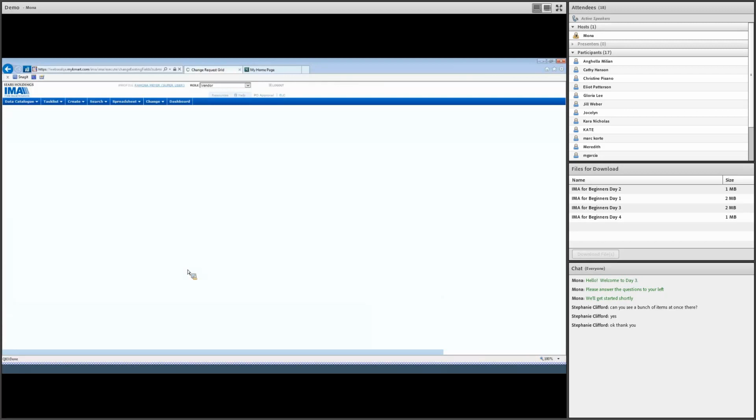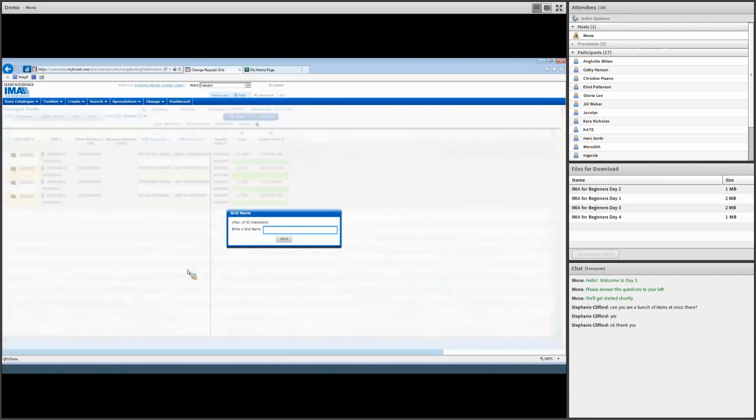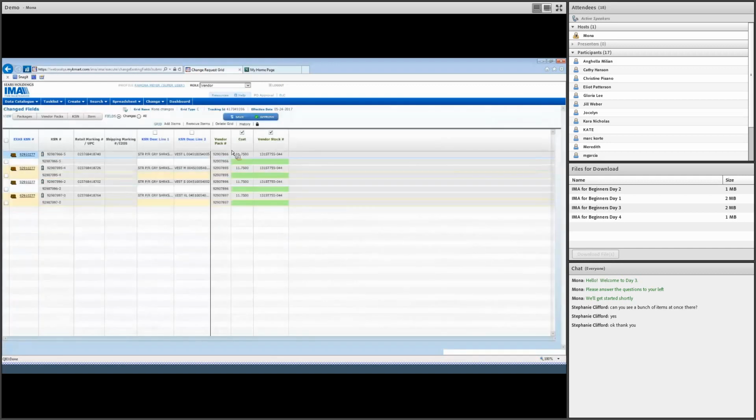All right, so I clicked Create Grid, and now I'm going to have to name my grid once it comes up. There we go. Okay. And I clicked Save. So again, it brings this into your default view. Your default view is selected here next to fields. This changes radio button. So I can enter my updated information. I can use those double down arrows on the right to drop that down. I can update my vendor stock number